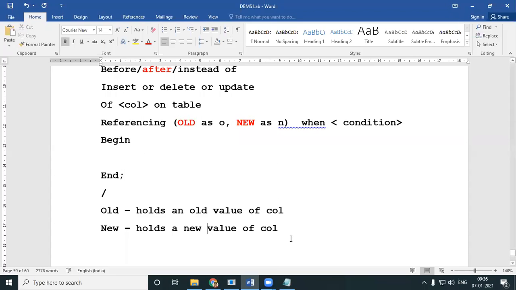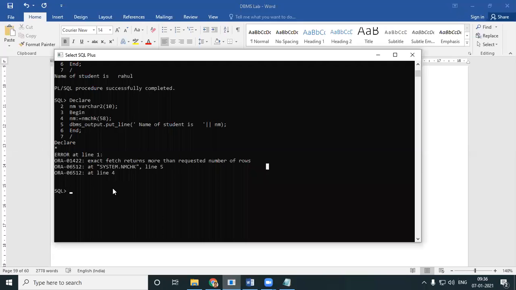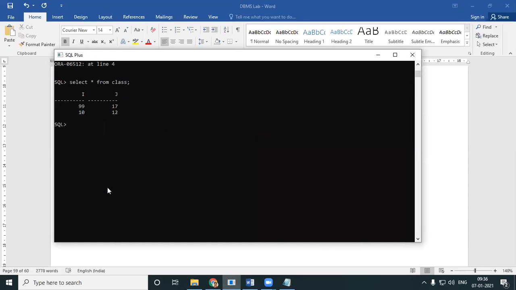Okay, let's go to our columns. We'll just go for a very simple table. We have a table called class, isn't it? Select star from class. We'll go for small tables and then we'll go into bigger tables. Now look into this table. I assume all of you have this table called class. I'll even do the desc class. Both are numbers with a capacity of 2. So a very simple table.